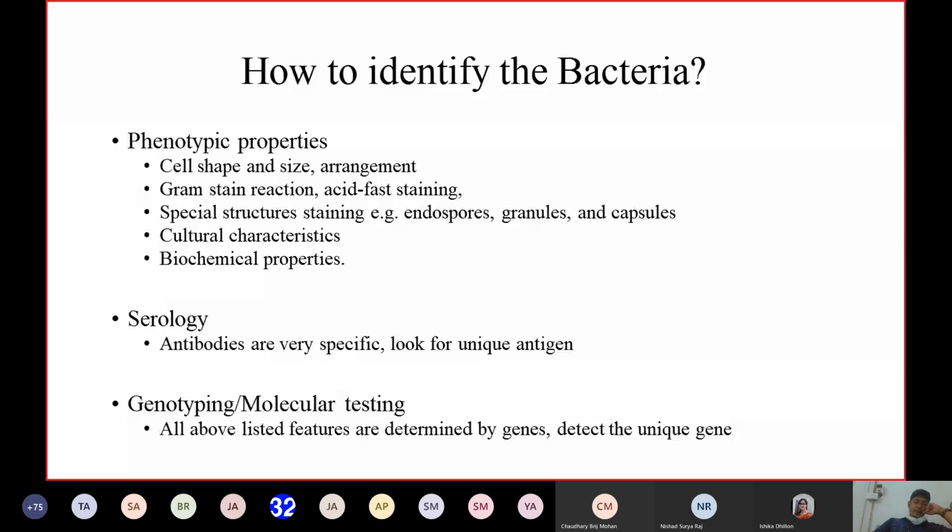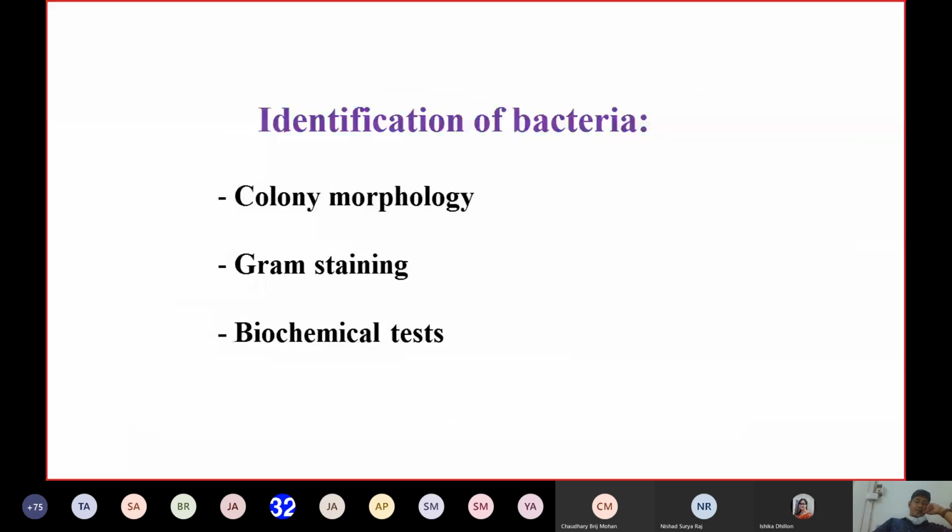Now we are going to phenotypic properties for identification of bacteria. If you remember, just now I told you in phenotypic properties we deal with the colony morphology, how bacteria after forming colony will look like, gram staining and biochemical test. And here in staining, not only gram staining, we can go for ZN staining, or any other special staining to stain intracytoplasmic granules or flagella, anything we can go for. And biochemical test.